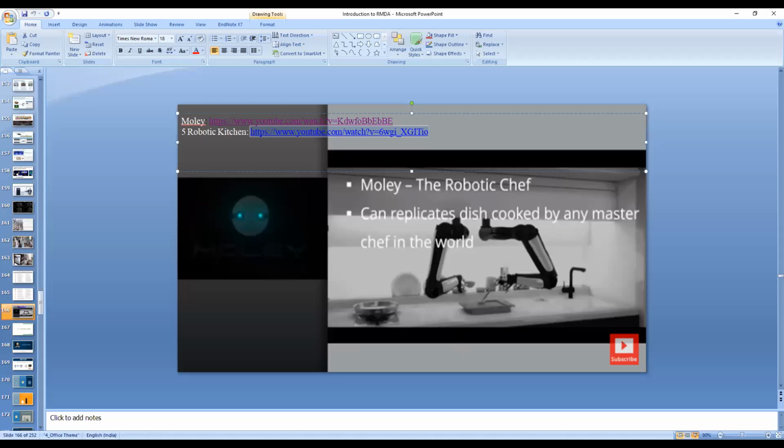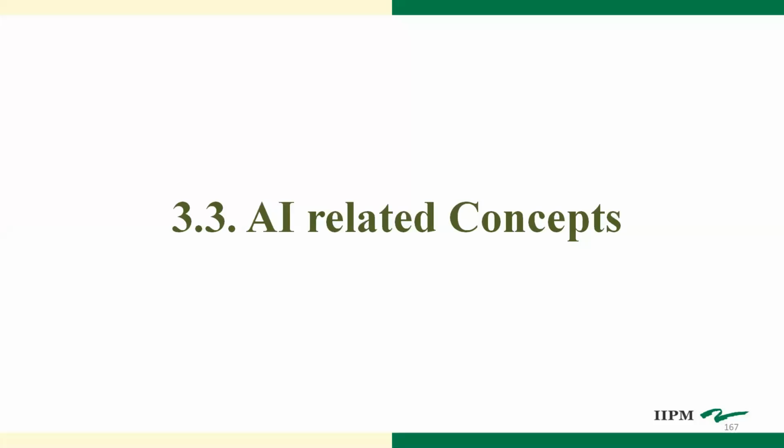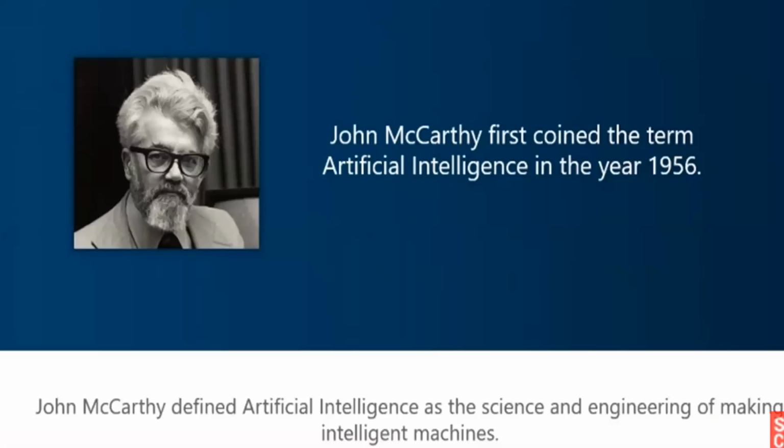Okay, I'll continue now. These are some of the applications. Now we'll see what is AI, basic AI related concepts. So artificial intelligence. What is the simple understanding of artificial intelligence? Any idea? How is artificial intelligence developed? For developing artificial intelligence, what is needed? Machine learning is needed. But the main thing that is important for developing it is data, information.